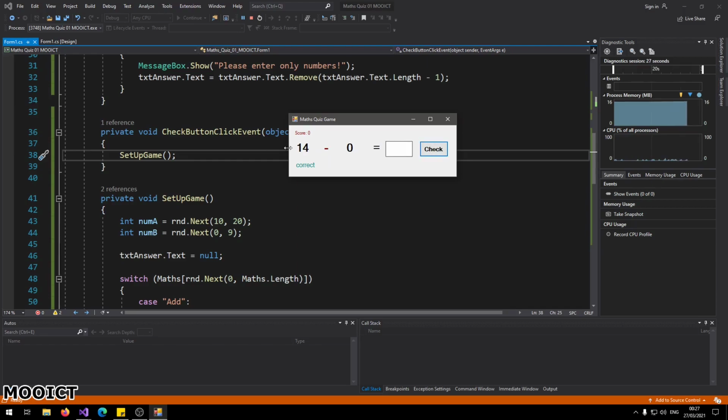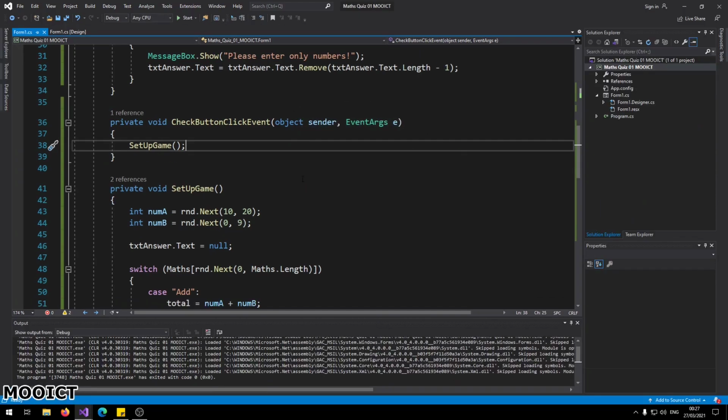Okay, the numbers change again, the symbol changed, numbers, symbols. Right, so by the looks of things, everything's working as intended. So now comes the part where we actually need to check the user entered value versus the total value that